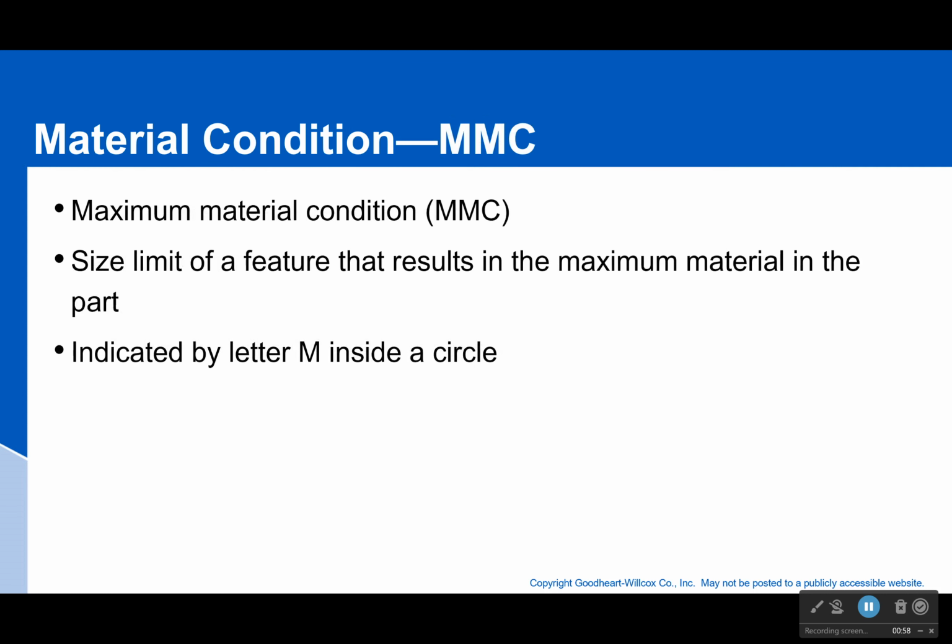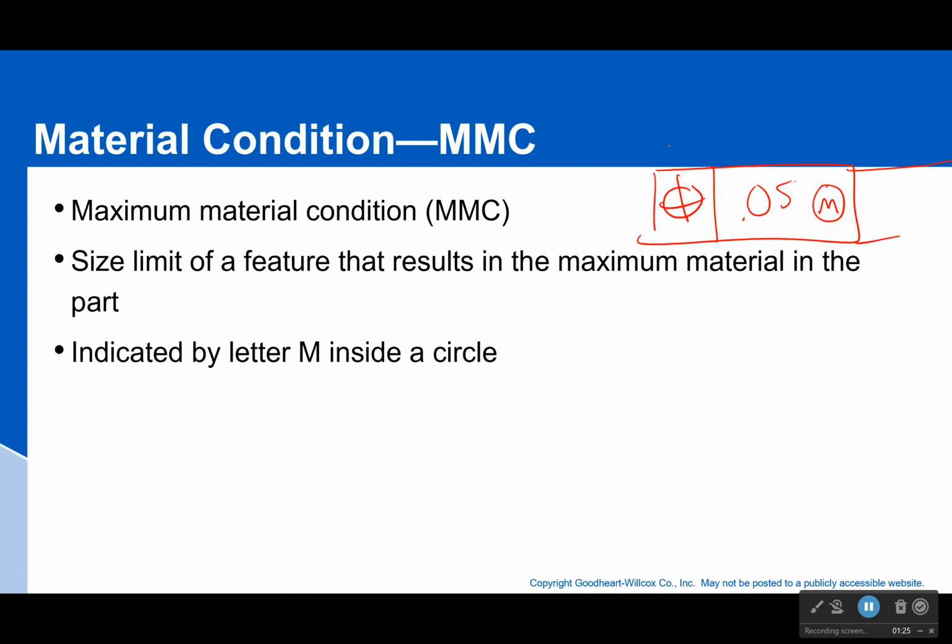Now, if we have the maximum material condition next to our tolerance, okay, right here, let's do this again. And I'm going to say, actually, I'm going to do position tolerance. I like that a lot better. Sorry about that, dropped my pen. There we go. And I'm going to say 0.05, and this time maximum material condition. That will go right next to that number. And of course, I would have some datums off here. Now, what this says